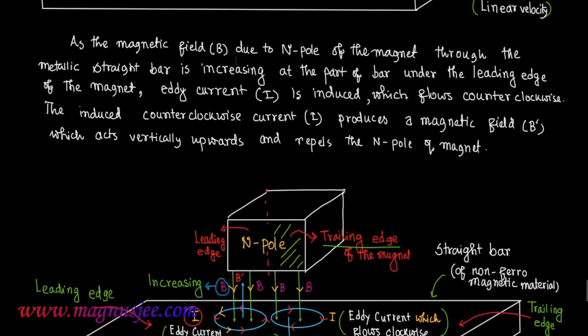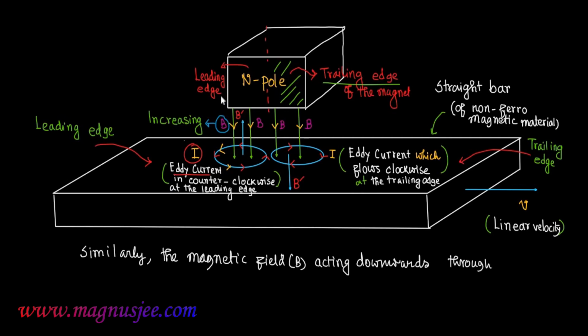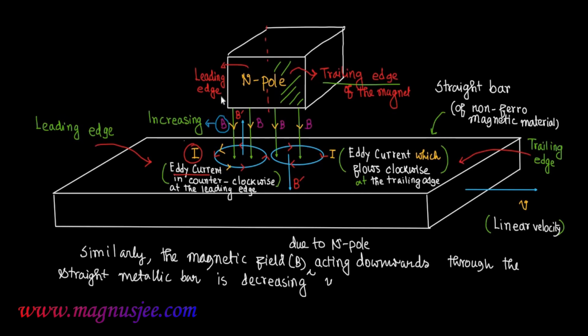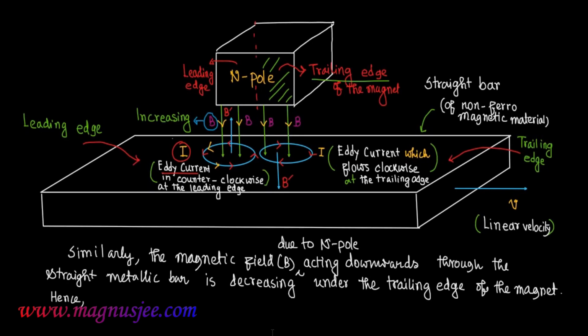Now we can denote the trailing edge of the north pole of the magnet, which exists on the right hand side portion of the north pole. In this case, similarly, the magnetic field B acting downwards through the straight metallic bar is decreasing under the trailing edge of the north pole of the magnet. Hence,